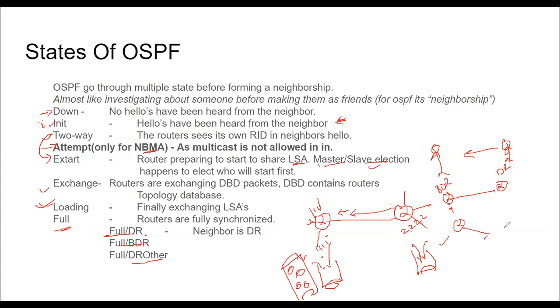For example, you have a connection like this. You have three routers on a network with a switch in between. He is a DR. He is a BDR. Who is he? He is a backup, not backup. I'm sorry, it's a DR other. We normally call it that. So for him, the neighborship between this router and this router will show neighbor is full/DR other. Why are we only checking the neighbors? Because the command you use to check this is show ip ospf neighbor. That's why we are checking the neighbor information, not ours.